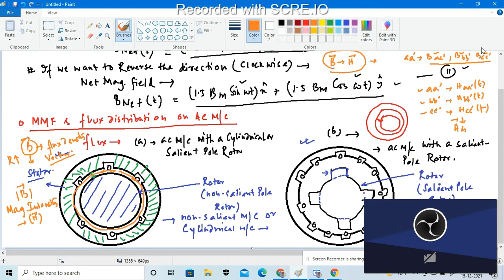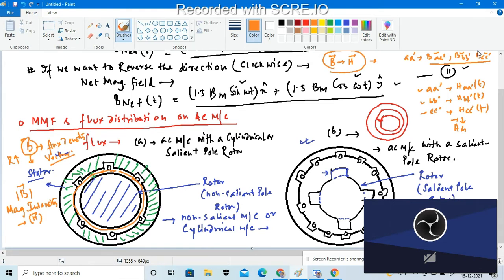If we observe the sinusoidal variation of the mmf along the surface of the air gap, it is distributed along the turns of the windings, whatever winding arrangement is established in the stator body. That will produce the magnetomotive force, and there will be closely spaced slots around the surface of the stator of the machine, and the number of conductors in each slot will vary.